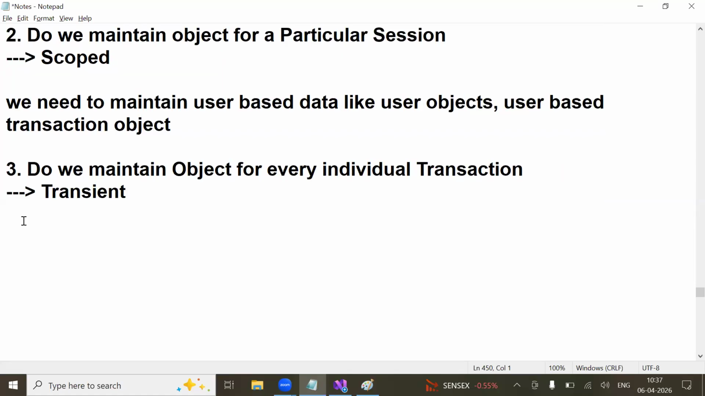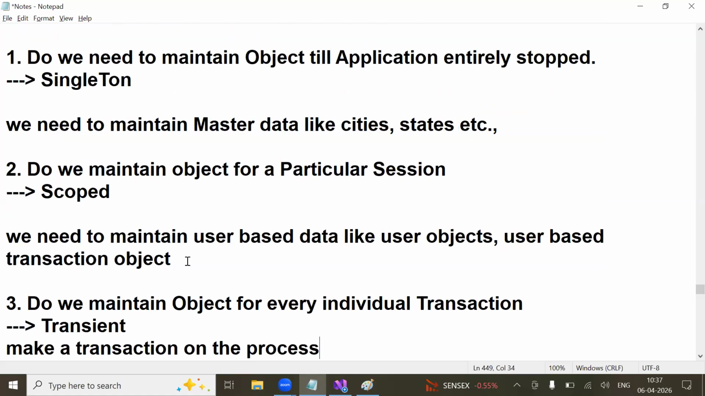Here, making a transaction on the process, for every individual transaction you can go for, and it is better to have